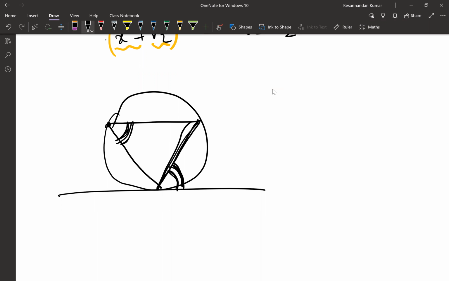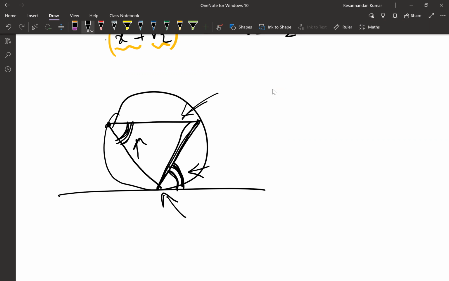This is exactly the same as parallel lines, right? This chord is parallel to this tangent, whatever is shown over here. No, this is just because of the diagram. What if this is the circle, this is the tangent, this is my chord? Now this will be anywhere, right? Now it will not be parallel. That was a special case.